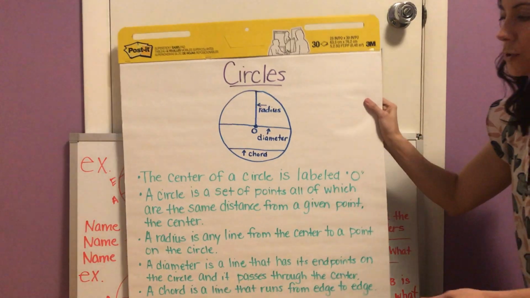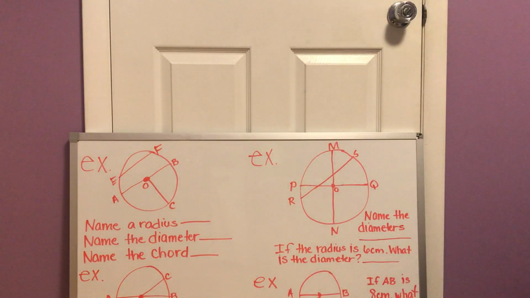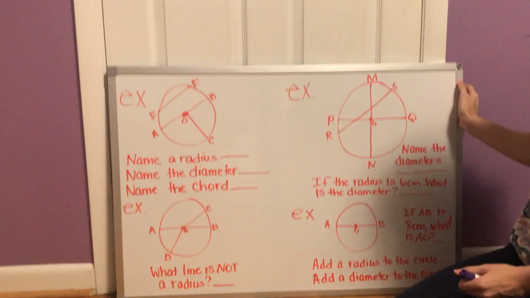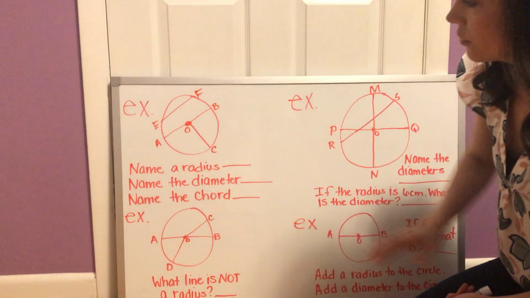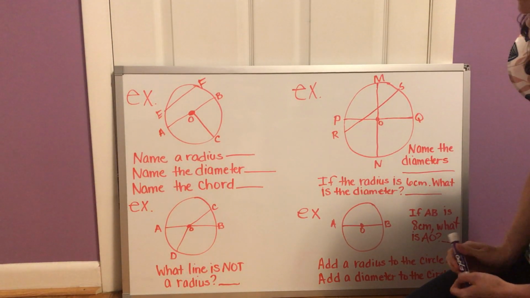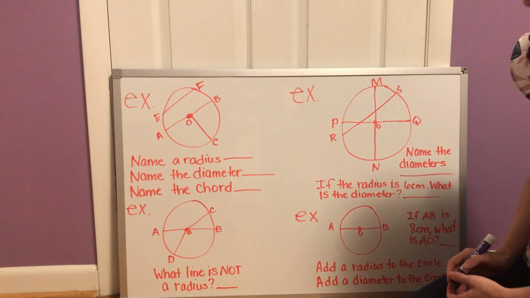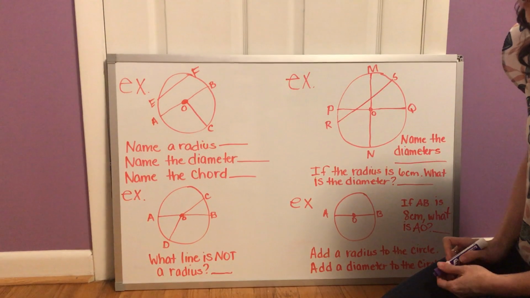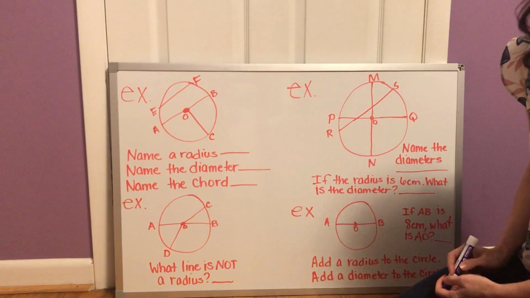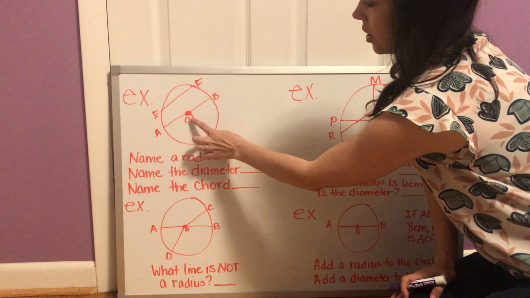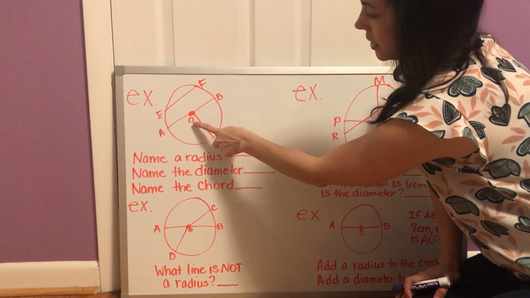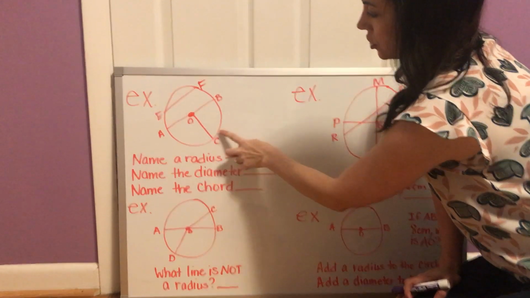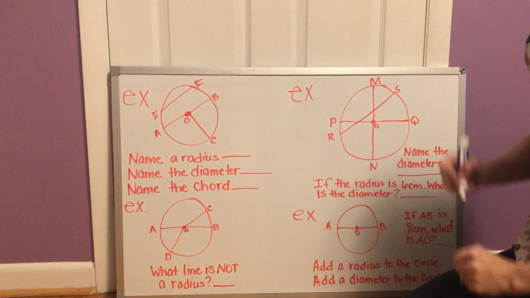Let's do a couple examples. Okay, my first example is right here. So I have a circle with several lines on it. This first one says name a radius. We have several radiuses on here, but we only need to label one of them. See if you can find all three of them. The first one is AO, the second one's CO, and the third one is BO, because they're all starting on the edge of the circle and they're going to that center point. So I'm going to pick one,